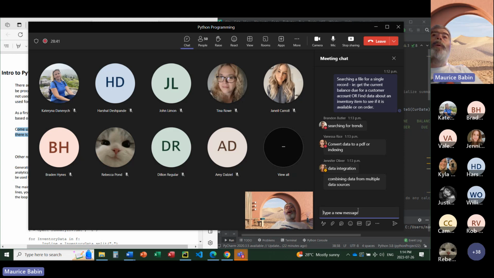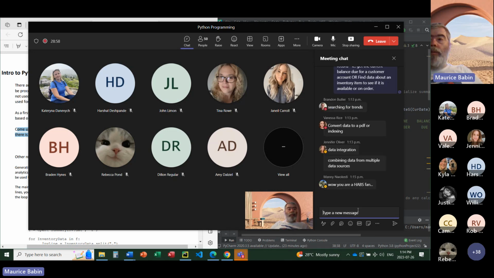So right now, when we create a report, all the information is coming from a single table, a single file. When we have relational databases,